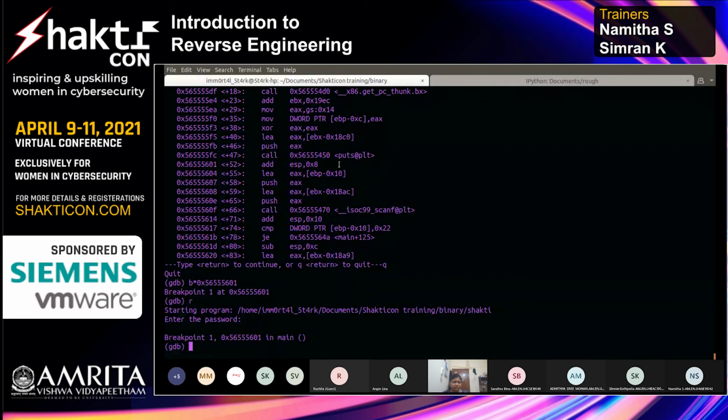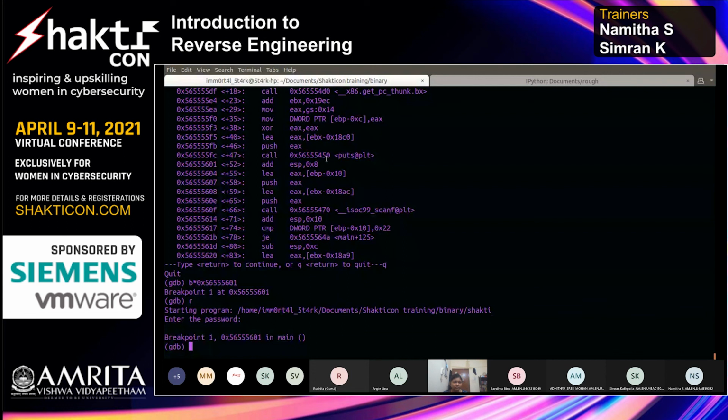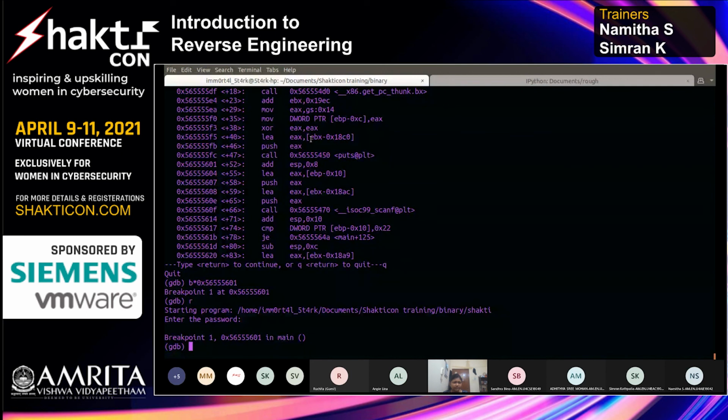So what did it have actually? So that must be the string that was pushed onto this puts, and then it printed it out here. Okay, then to see what was supposed to be there in this instruction, I see a push of EAX, right? So this must be the argument to this puts. And into this EAX we loaded this, right? So let's just see what is there in this.